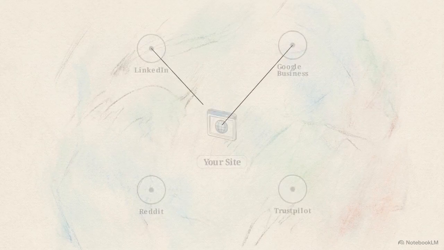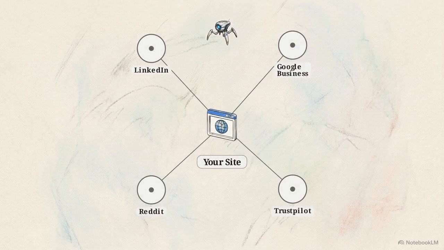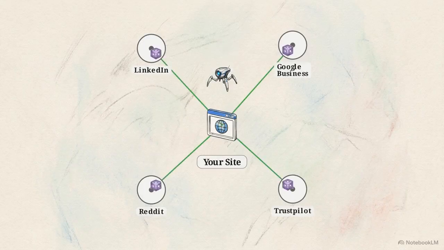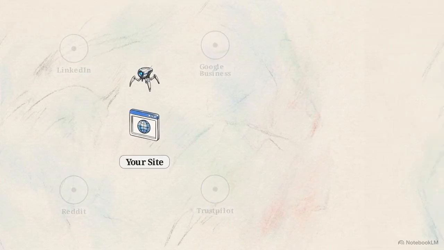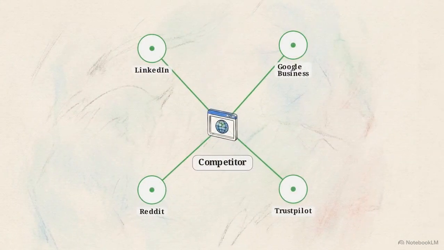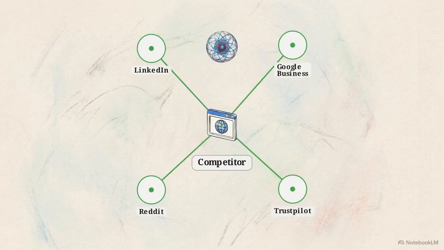This diagram illustrates how AI agents cross-reference your site against other databases. The model checks platforms like your Google business profile, LinkedIn, Reddit, and Trustpilot to see if external data matches the claims on your own domain. Without these external nodes, the AI treats your business as unverified. It will typically skip your site in favor of a competitor who has multiple independent sources confirming their service area